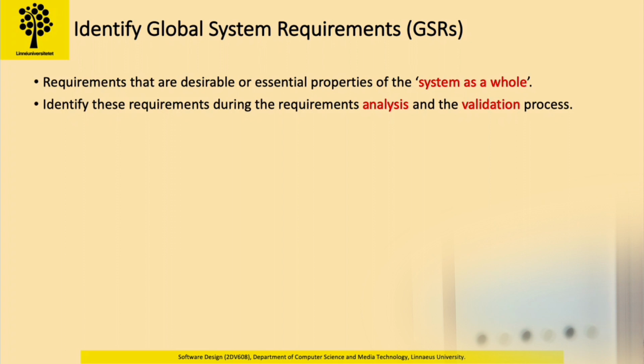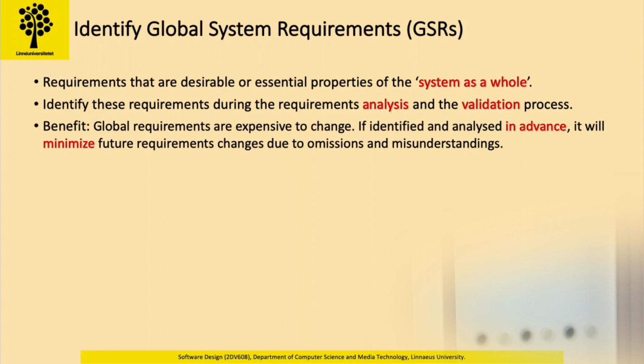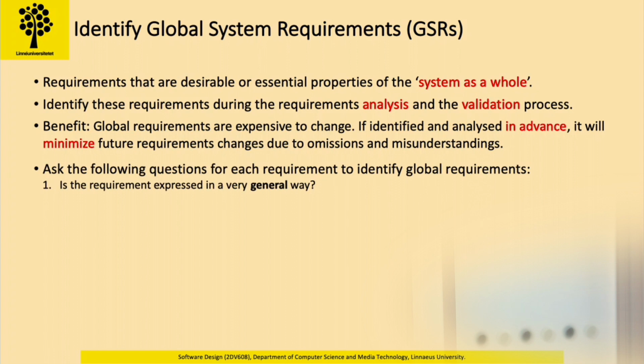As requirements, we are talking about mostly functional requirements. And we also mentioned before that there are some requirements that cannot be met through prototyping. And there are some requirements that you cannot promise during the validation phase, analysis phase, or even negotiation phase. Those requirements are basically global system requirements. But the problem with those requirements is that they are too expensive, in the sense that if you do not meet them and do not confirm them and the users are not happy, it will be too expensive